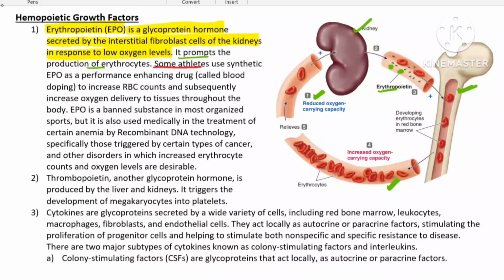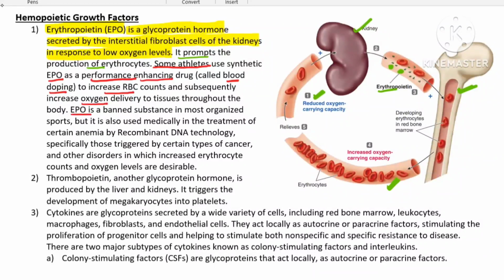Some athletes are using synthetic erythropoietin to improve their performance. Okay, for the performance improvement. And we say this is blood doping. That is why the athlete test is also done, to check whether they have taken any chemical for doping purposes. Because they want to increase their RBC count so that oxygen delivery can go properly and performance will be